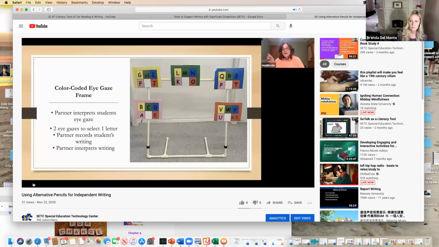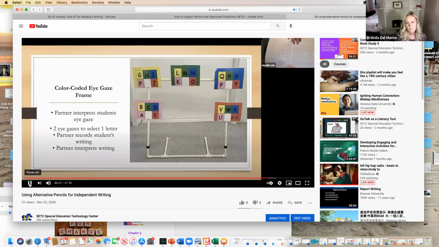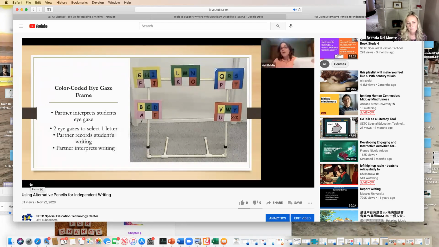And so looking to the right is position 1, upper right is position 2, middle is position 3, 4, and 5. So if she looks to the right twice, then that's an A that she's trying to say. And so you can kind of see here what she's got as her letters. And she talks about how at first everybody kind of has to use the cheat sheet, but then they get pretty quick at being able to communicate